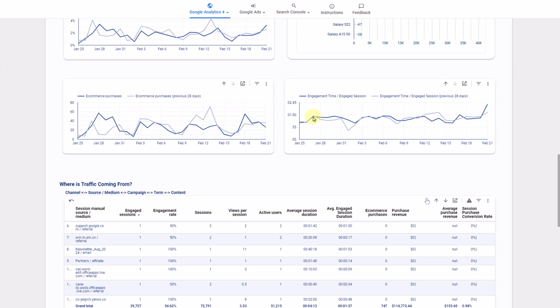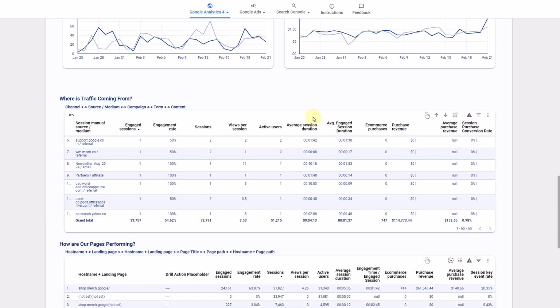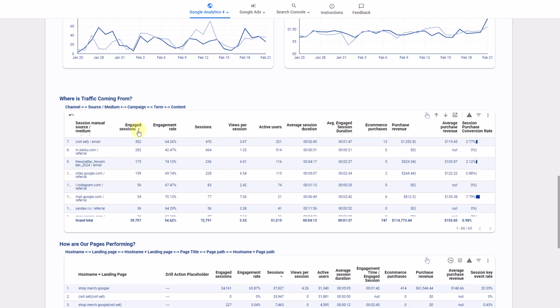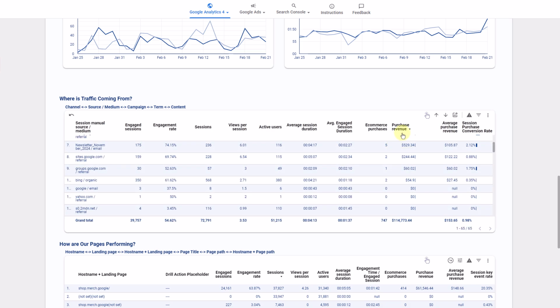And the final bit of interactivity I want to cover in this video would be a sort on table charts. So right now this table chart is sorted by engaged sessions, and we could see it's in descending order based on the direction of this triangle. And we could click on the column to change the sort from highest to lowest, or we could use another column. So we could click on purchase revenue, and the first sort would be